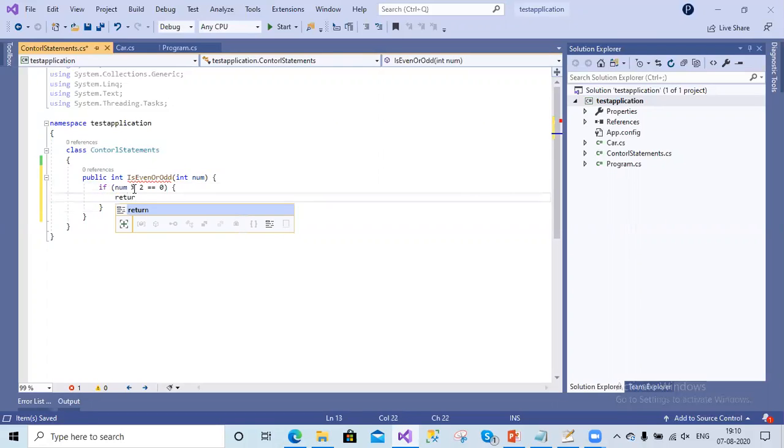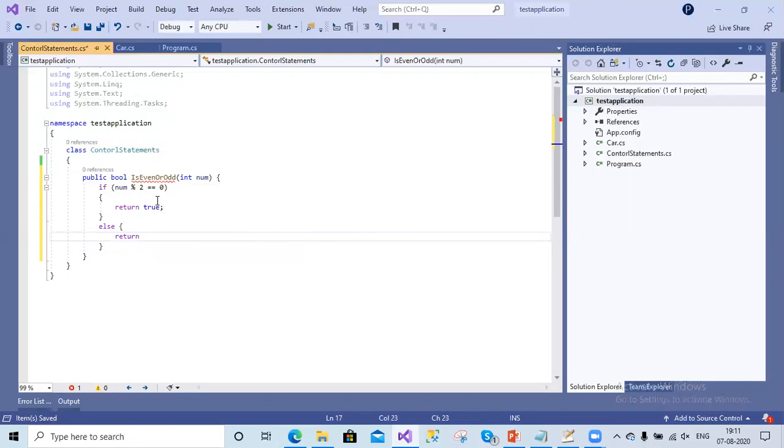It is an even number, right? Yeah, correct. So let's return this method as Boolean. We return true if it is an even number. In the else condition, we can return false. Correct. So we have our method ready now.